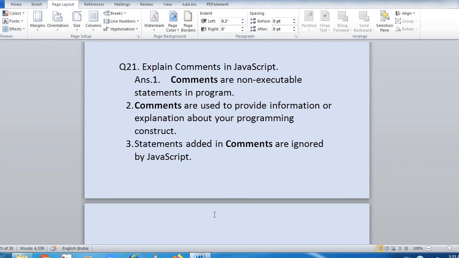The parseInt function is used to parse a string and convert it into a number. The parseFloat function is used to parse a string and convert it into a floating point representation. The alert function displays an alert pop-up box with an OK button. This is called a message box. The prompt function is used when you want an input value from the user at the time of program execution.